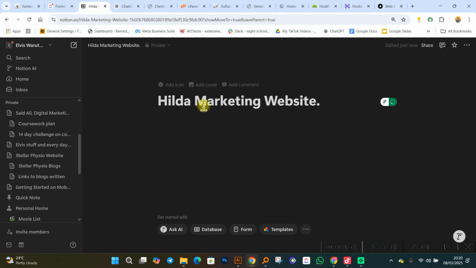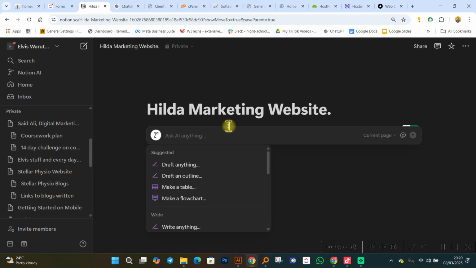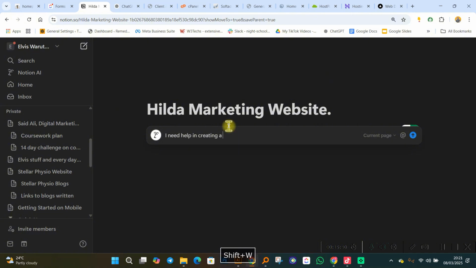Okay. And then this is just like a new page in Notion. I think probably most of you guys who've been part of my classes have realized that I really sensitize on the use of Notion. So we can use AI functionality that is attached with Notion. Like for example, we can say something like this. I can come and say, I hit spacebar and I can say, I need help in creating a WordPress website.